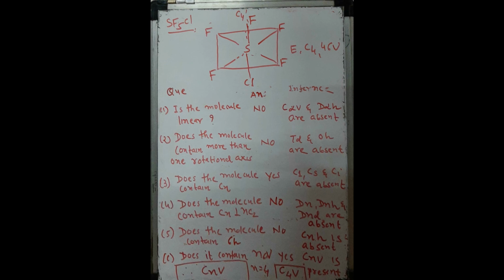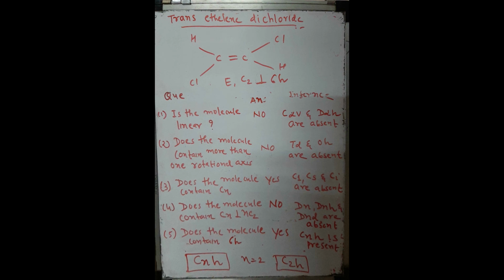Now let us find out point group of trans-ethylene dichloride or 1,2-dichloroethylene. This is very important for multiplication table. H2O, ammonia and trans-ethylene dichloride are very important for multiplication table, because we have to draw the multiplication table for water, ammonia and trans-ethylene dichloride. So you must bear this point in your mind, that you must remember the symmetry elements possessed by these three molecules as well as point group of these three molecules.